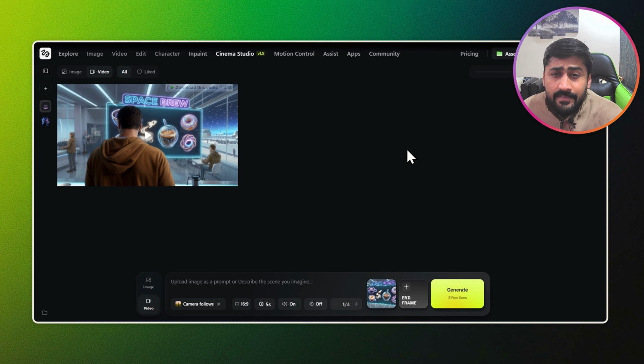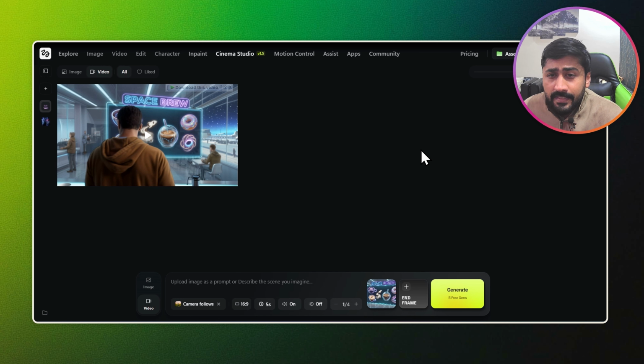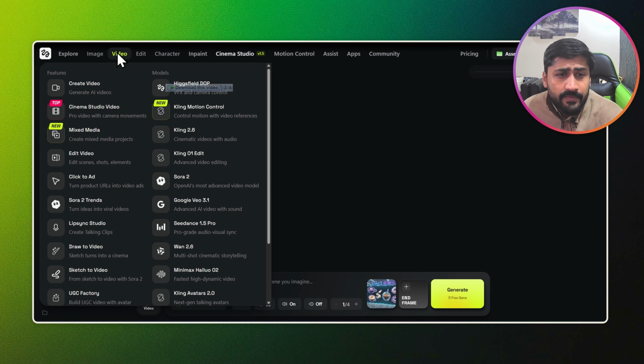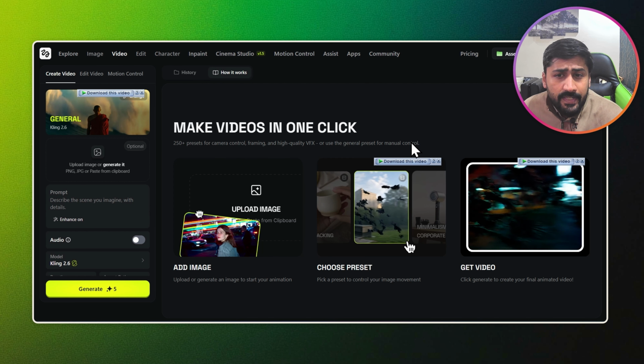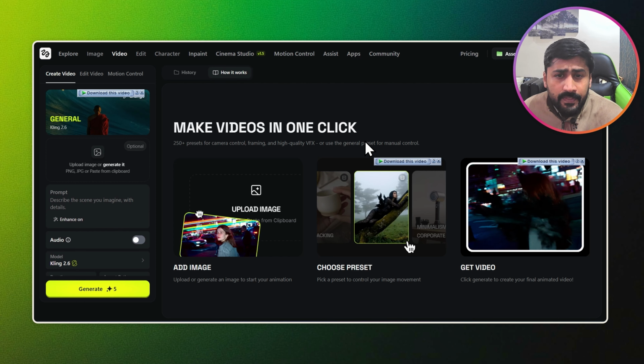But a silent film is only so useful. Let's look at Kling 2.6 audio. Switching the models. So if we go to the video, go to the Kling 2.6, as you can see, this is actually a multi-modal engine. That means it generates the video and audio at the same time. So let's try